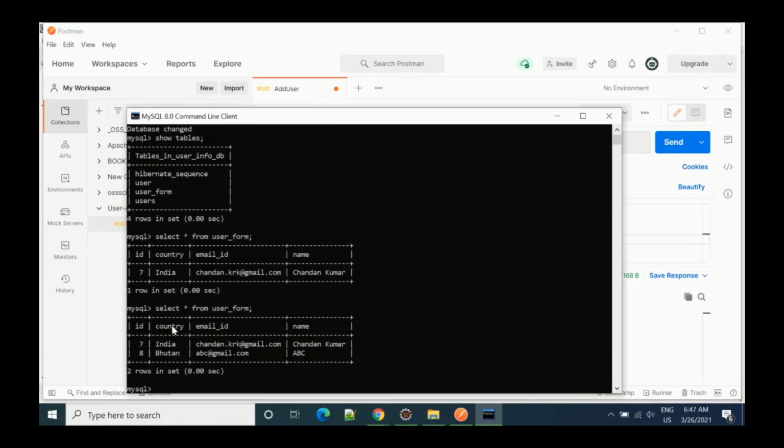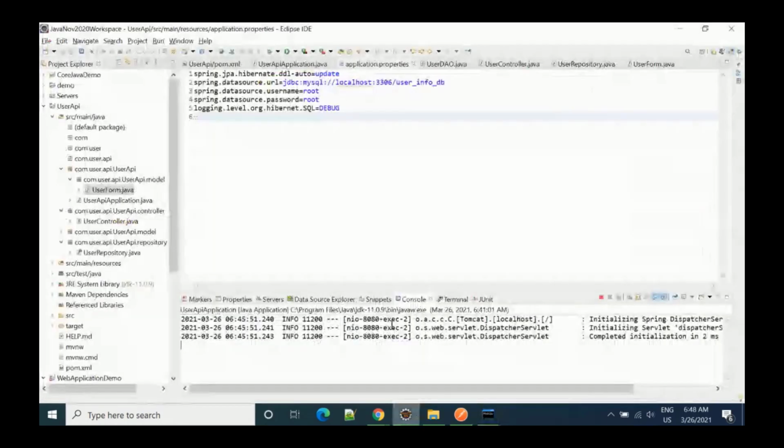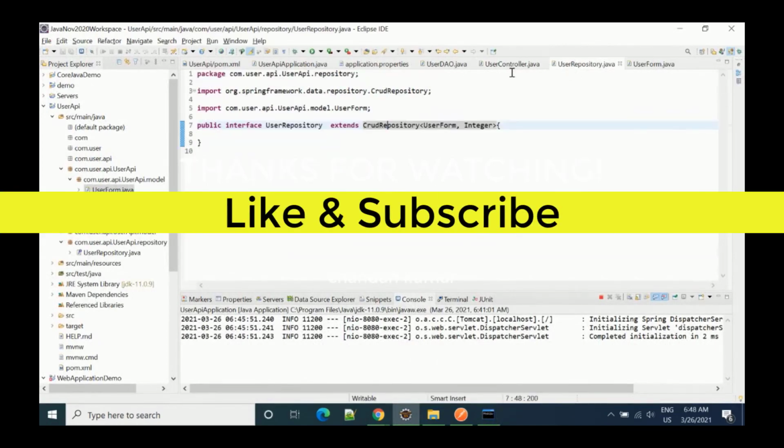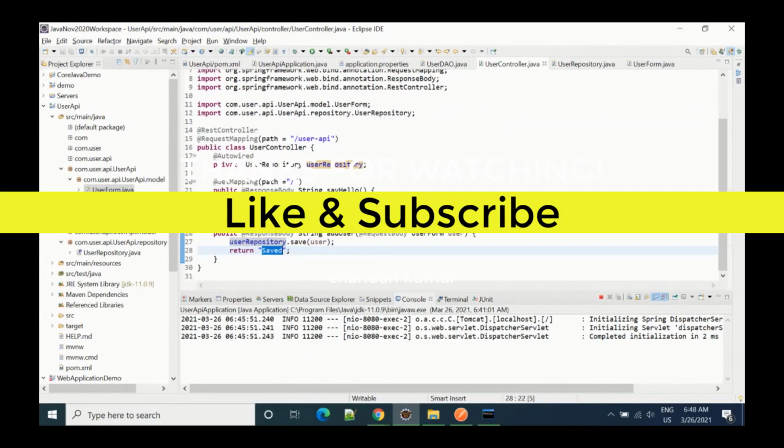You can see we have one more row automatically created, with name, email ID, country, ID. The sequence is auto generated, that's why we are seeing data this way. Now since you can see we have not written anything in this repository, still it is working fine. That means it should work for other things also.